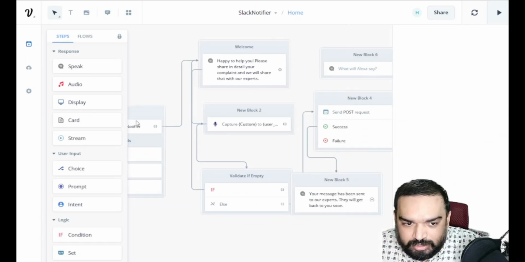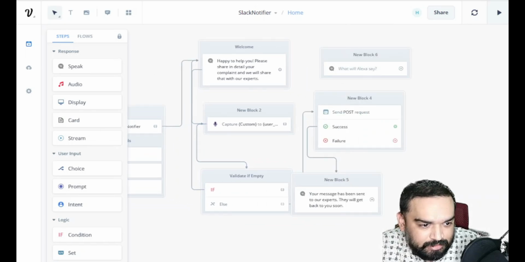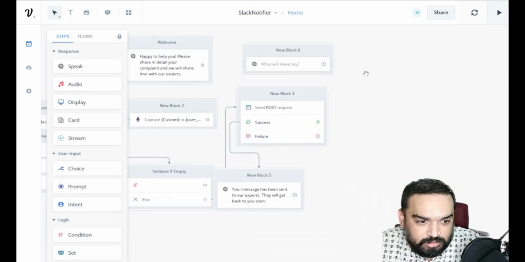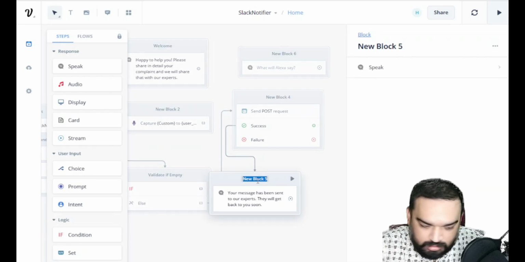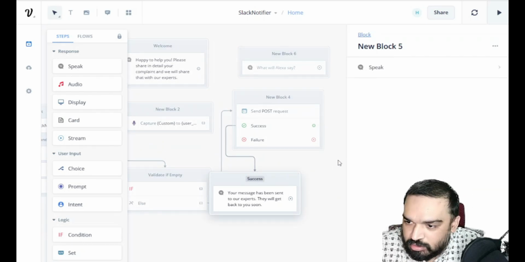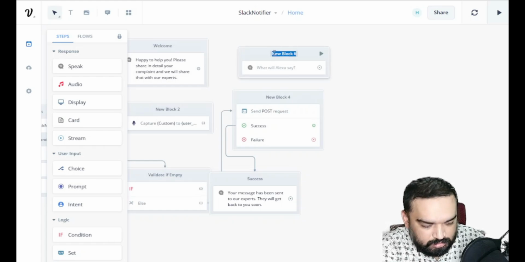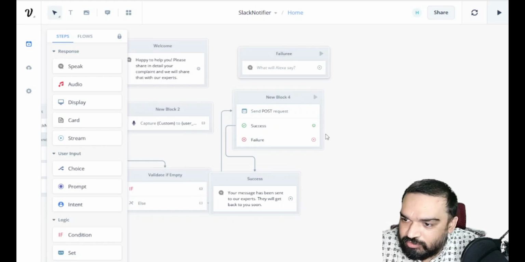So I'm going to drag this a little here so that you can see, right? I hope you are able to see. Yeah, so this is the success block that we just added, and this is the failure block. So if the API fails, this goes here.